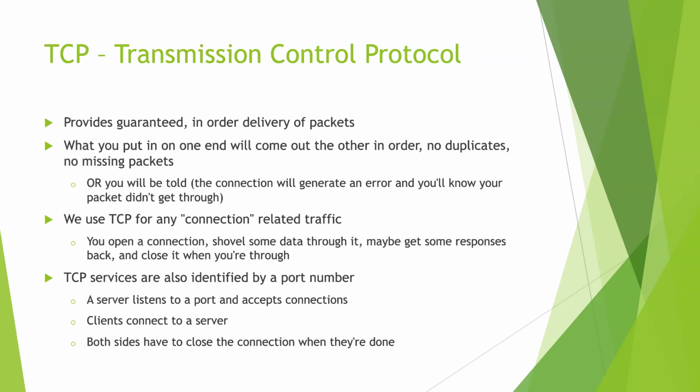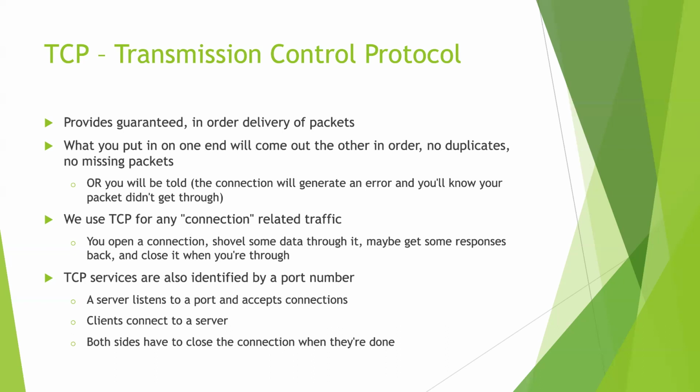Well, but how does it know that? So there's a field that has a number on it. A sequence number. And if you get a sequence number 5 and the next packet you receive is a 10, he knows he did not get 6 through 9. So he can request that those be retransmitted. Okay. And that happens at the protocol layer, not the application. The application never knows that's happening.